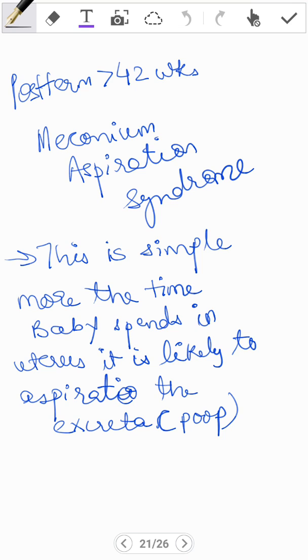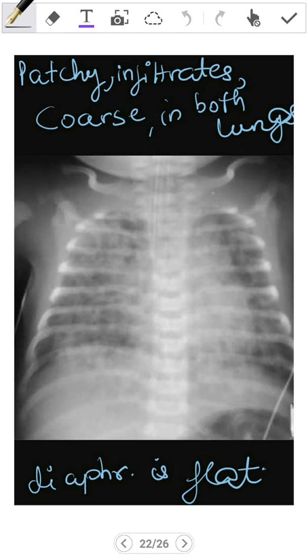So coming on to the next topic, which is if you have a baby that is postterm, which means more than 42 weeks, what do you think of? Meconium aspiration syndrome. Now it is self-explanatory that the more time the baby spends in the womb, that is the uterus, the more likely it is to aspirate its own excreta. So if you see in the question that they described that the meconium was not clear, which it has to be clear. If the meconium was not clear, the baby is likely to have aspirated that meconium